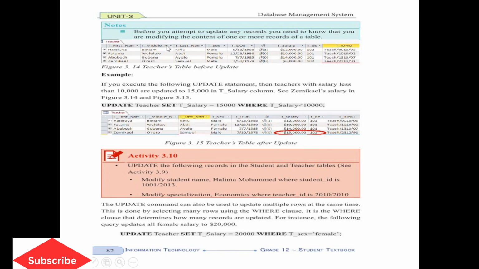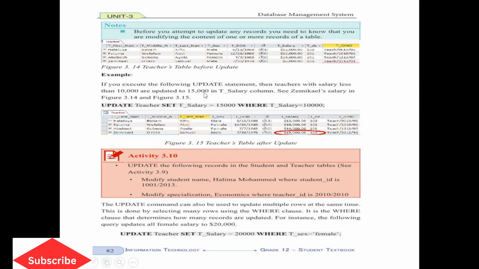Suppose you have a teacher table with teacher first name, teacher middle name, teacher last name, teacher sex, teacher date of birth, teacher salary, and ID number. If you execute the following update statement, the teachers with salary less than 10,000 are updated to 15,000.